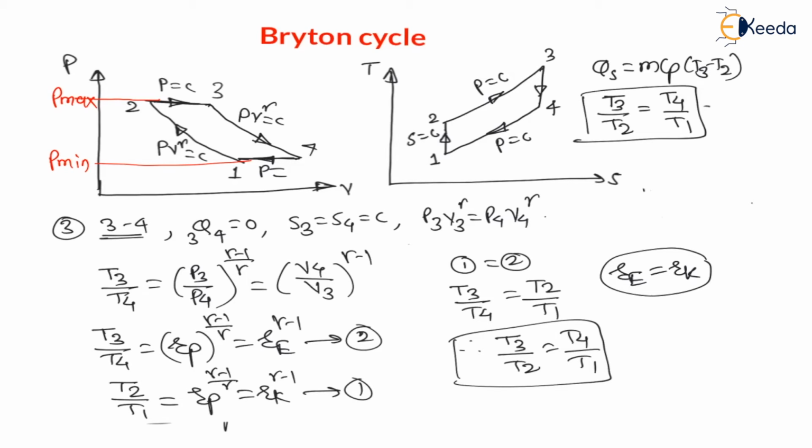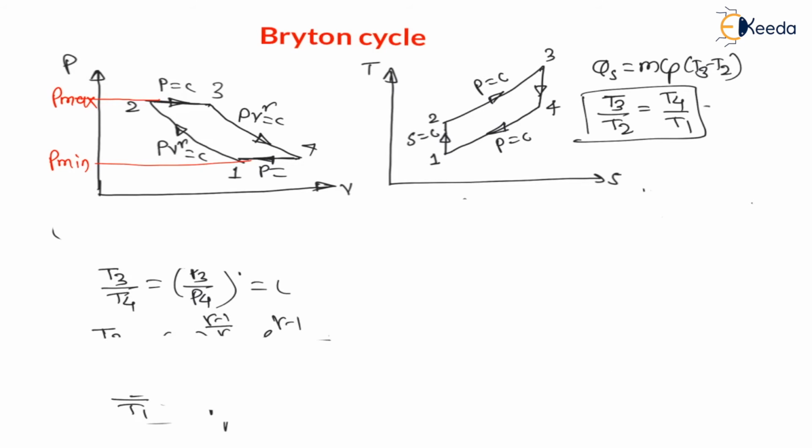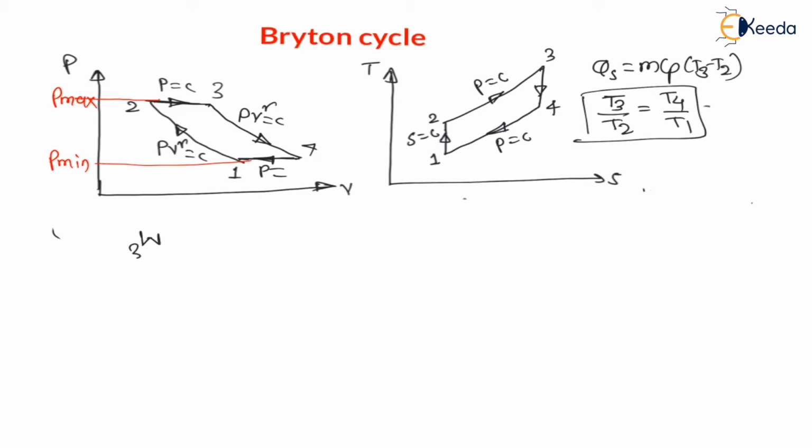Now let us find the work of this expansion process. Therefore work 3 to 4, here I am finding work 3 to 4, right? Let us find this work of 3 to 4 process. Now here, as it is reversible adiabatic process, therefore for reversible adiabatic process the flow work, that is work 3 to 4, is nothing but gamma times non-flow work, that is gamma times P3V3 minus P4V4 divided by gamma minus 1. Therefore again simplify this, gamma times here P3V3 is nothing but MRT3 and P4V4 is nothing but MRT4.